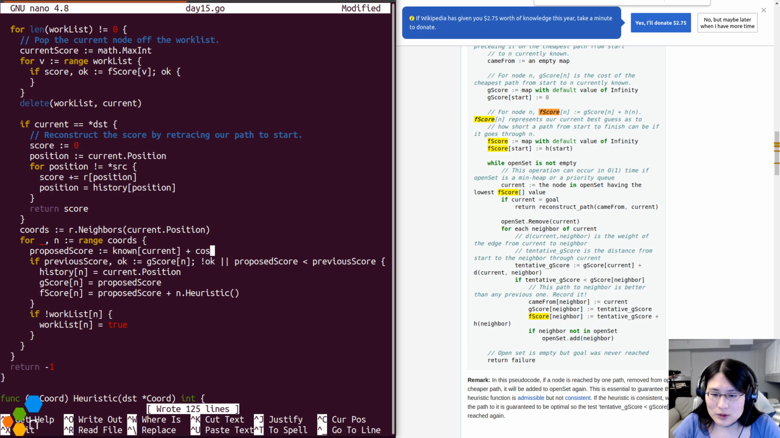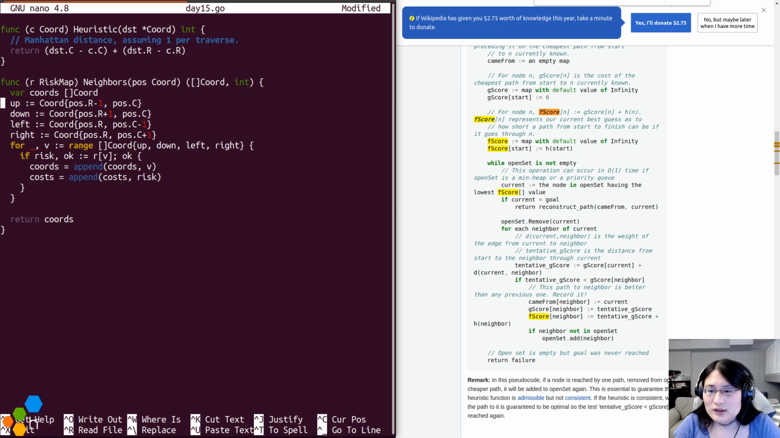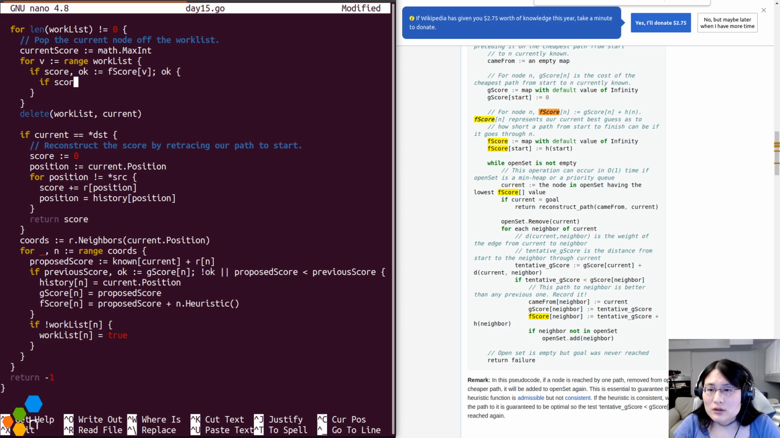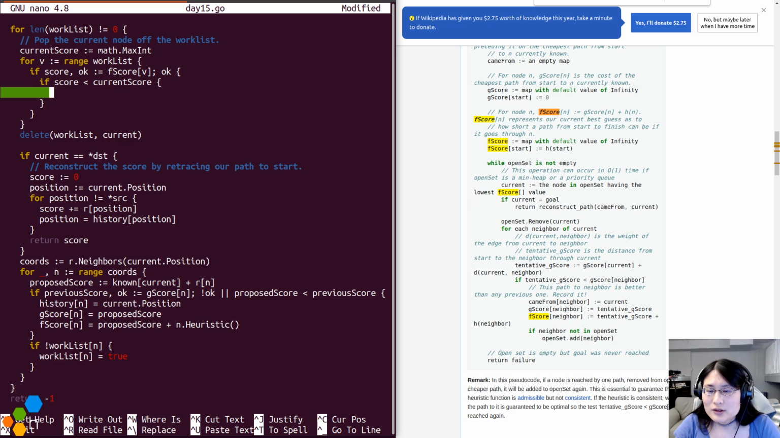So that's not going to be costs I, that's just going to be R. Okay. So we'll not bother tracking the costs. We'll just do it this way. Okay. Score is less than current score, then